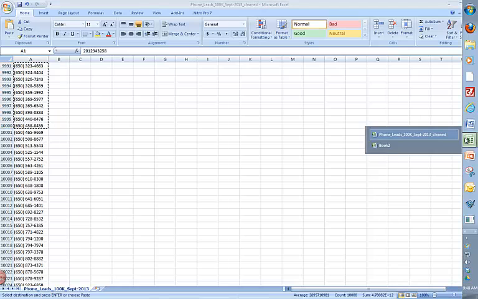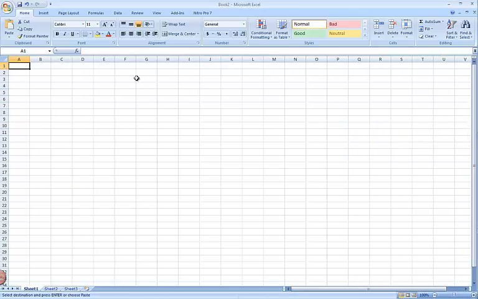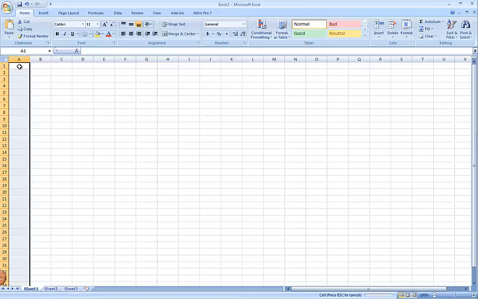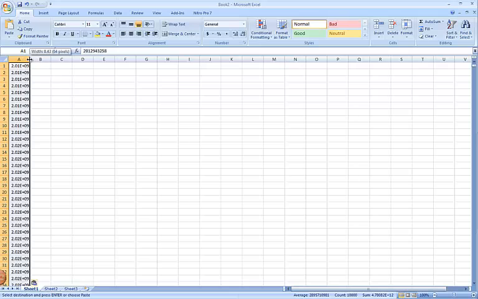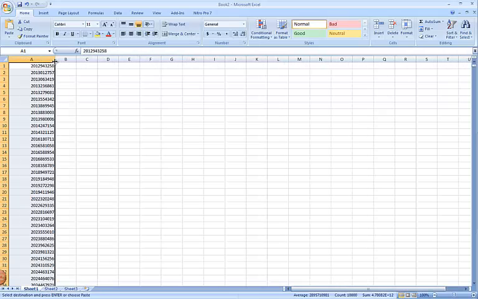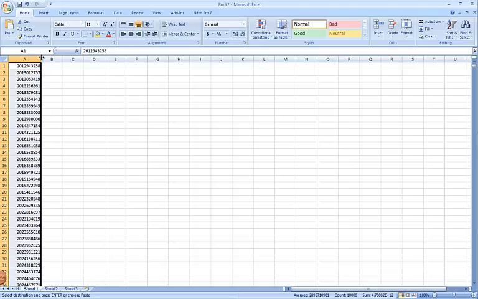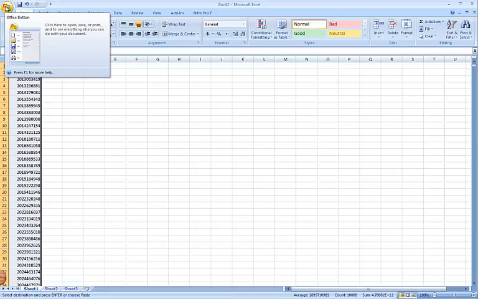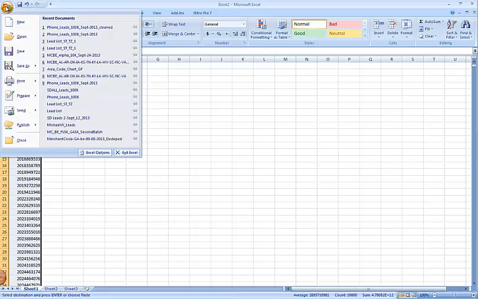open up the new workbook that we just created, and simply paste those into your workbook or your worksheet by selecting Control V. And you'll see that now you have 10,000 numbers in your list, ready and prepared, cleaned and unduplicated to send out via your phone prospector system. All that remains to be done is we need to save that file. So we'll choose Save, and